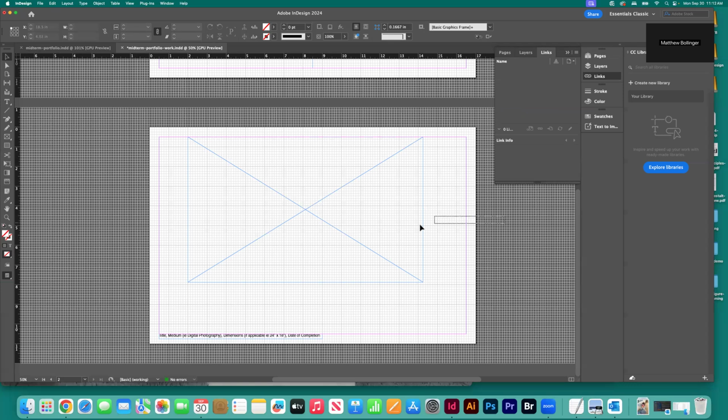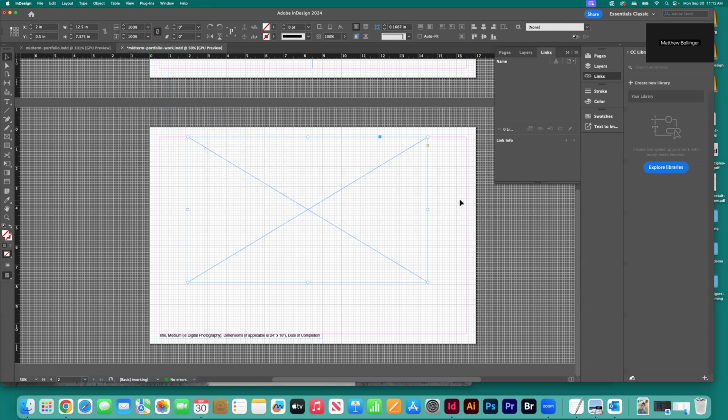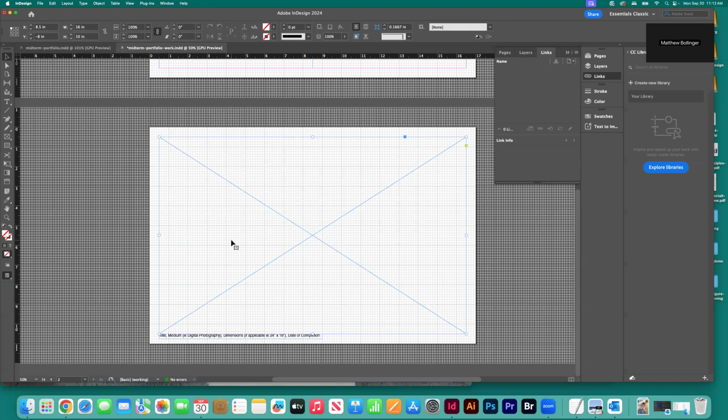I love this application. Okay, so now I still have Snap to Grid on. Let's go back here. I just want to show Snap to Grid is still on. It's indicated by that little checkbox. I like Snap to Grid. It just makes my life easier, okay? So I'm going to grab this handle, and I'm going to drag it to that magenta line, okay? And I'm just going to drag it all the way to the border of this document. And you'll see why here in a second. And I'm going to actually do this